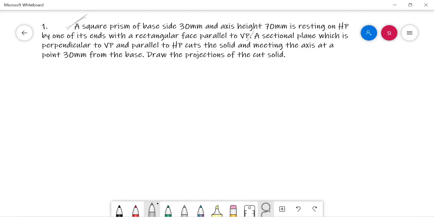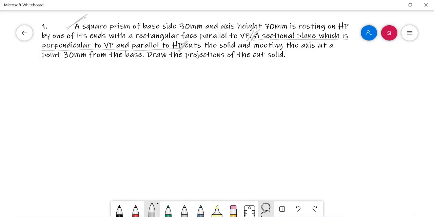Thereafter, the data available is that a sectional plane which is perpendicular to VP and parallel to HP cuts the solid. This data gives us the information about the nature of the cutting plane.